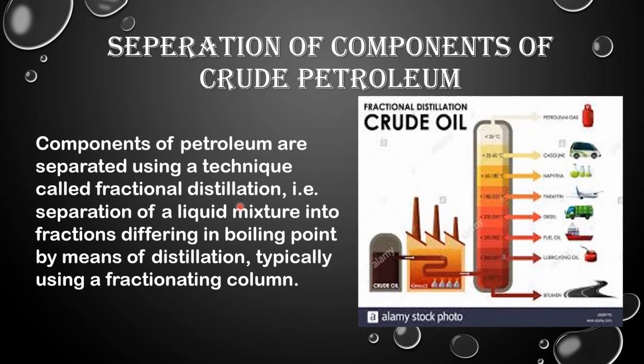Now, crude petroleum or oil contains various hydrocarbon ingredients of close boiling points. The boiling points of these ingredients range from greater than 293 Kelvin to less than 573 Kelvin. These ingredients are collected in a range of boiling points using a high efficiency fractionating column. For example, natural gas, gasoline, naphtha, kerosene, diesel, lubricating oil, etc.